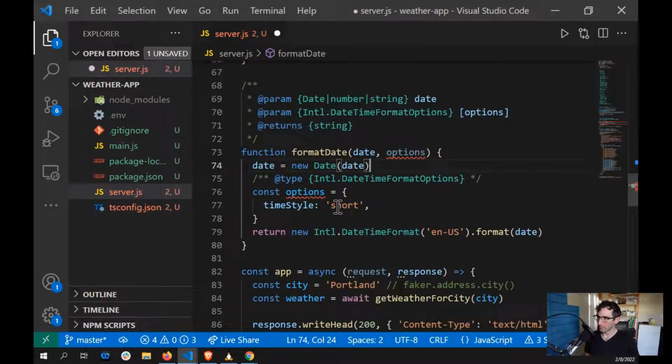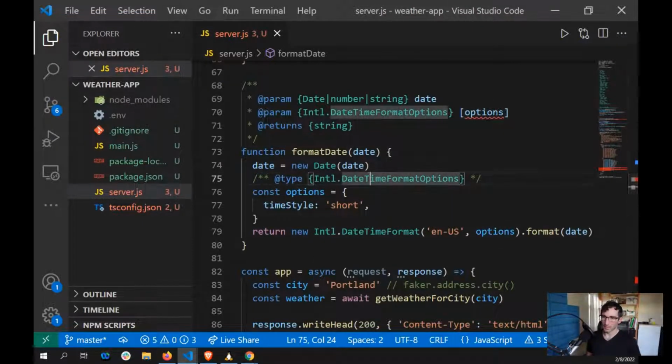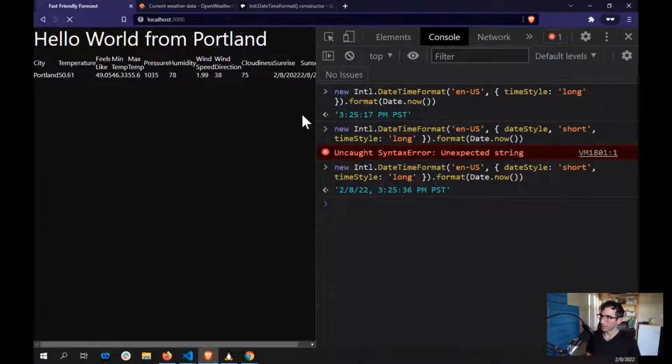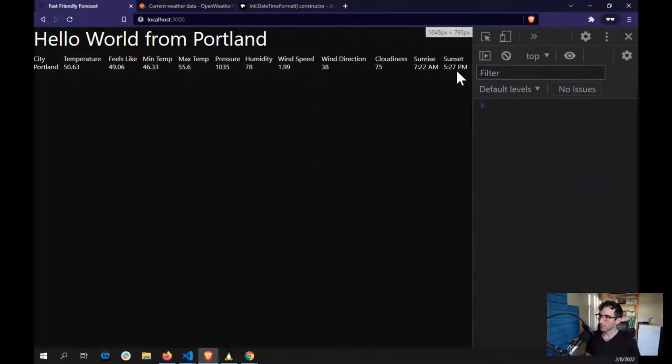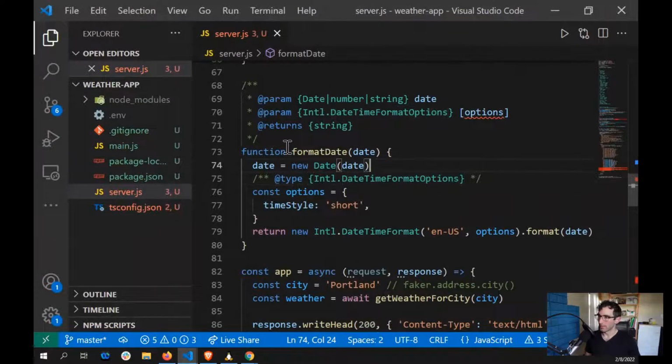Okay, so timeStyle short. Oh, no wonder it wasn't working. I wasn't even passing in my options here, right? Why didn't you guys tell me? Just take that out for now and see if what we wanted is working. Reload, there we go, cool. Sunrise, sunset has my times. And then just to make this formatter